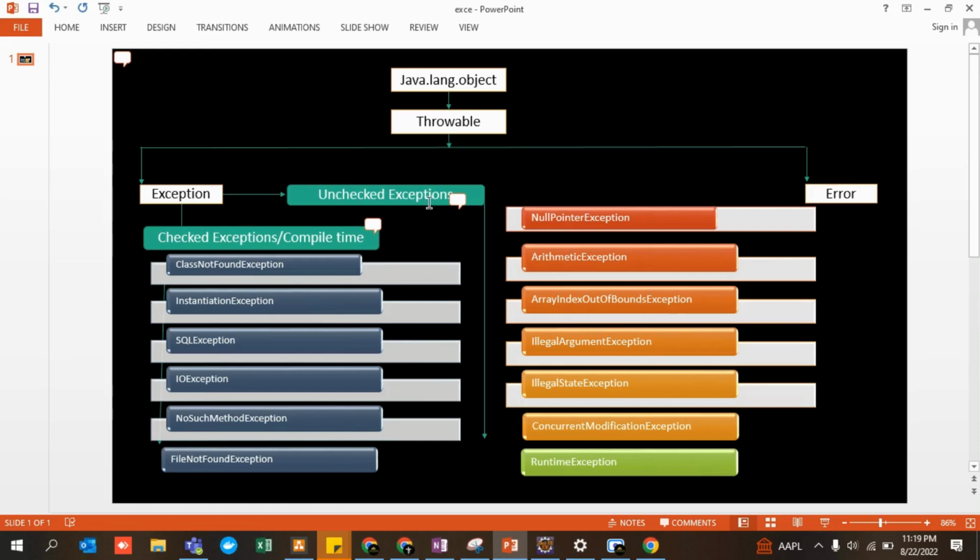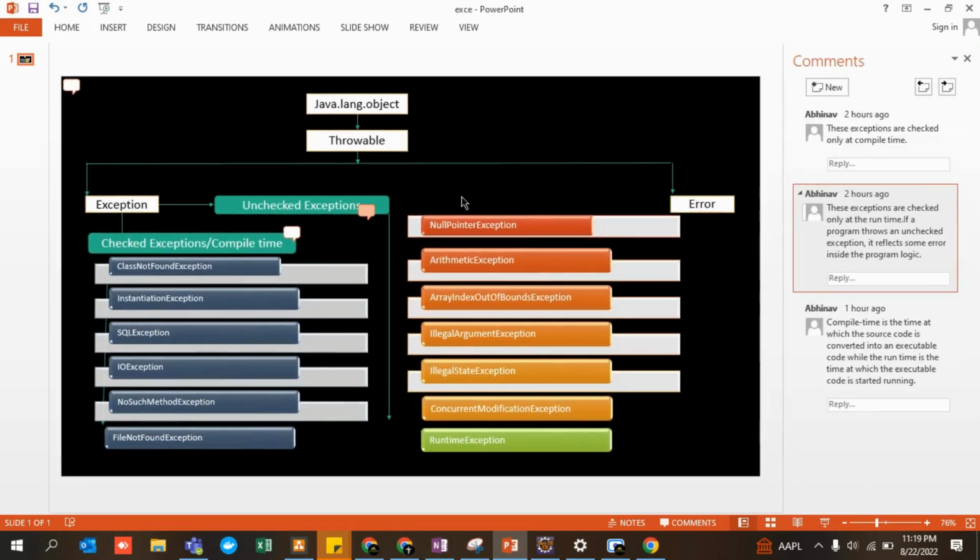So what are your unchecked exceptions? If I click over here, these are exceptions which are only checked at runtime. All your unchecked exceptions are checked at runtime. And if a program throws an unchecked exception, it reflects some error inside the programming logic. It means that whatever you have written in your program, there is some defect in your programming logic. This is why this error is appearing.